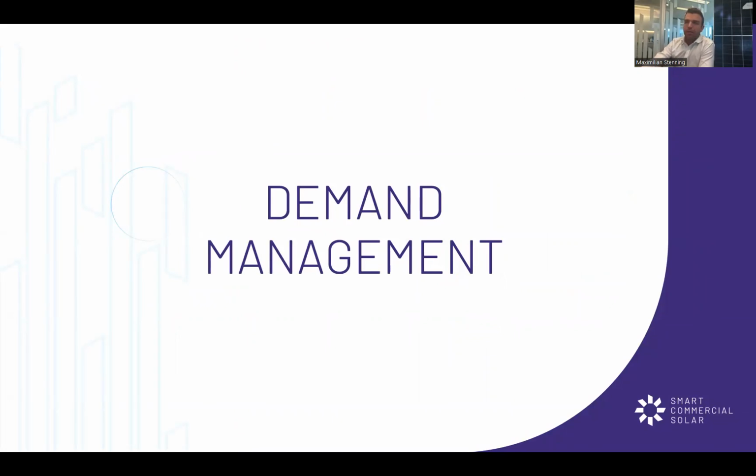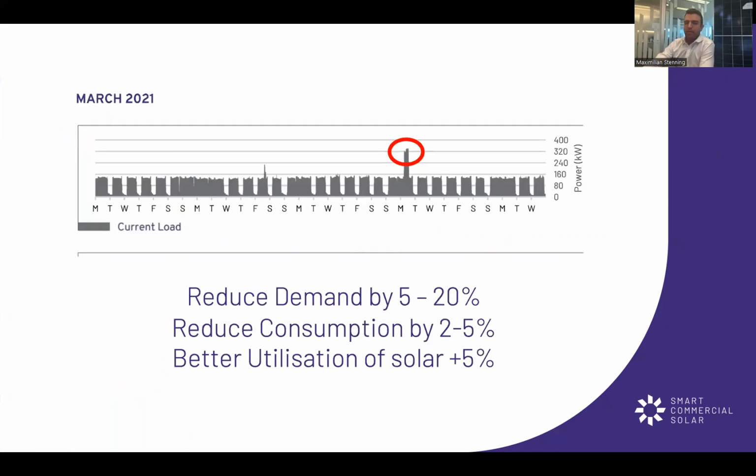The third idea, which should be considered now, is demand management. This is managing your peaks of demand behind the meter with sophisticated technology. So we can install some monitoring equipment and device control for things like air conditioners or pumps or discretionary loads, and this allows you to get rid of this spike. So this is a really